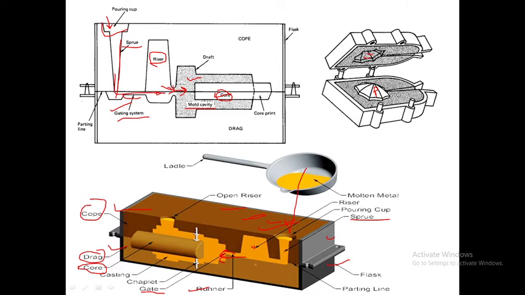Now next is the vent. Here it is not shown, but practically the vents are provided. What is the purpose of vents? They are additional channels that provide an escape for gases generated during the pour. What it does is allow the gases which form during the pouring to escape. After pouring the molten metal, gases are formed. So to let those gases escape, such vents are provided in the mold cavity.